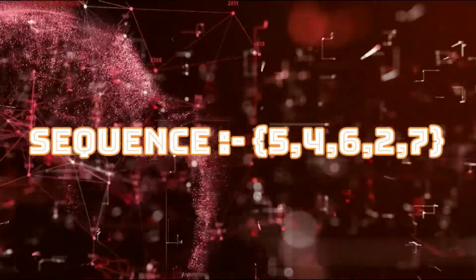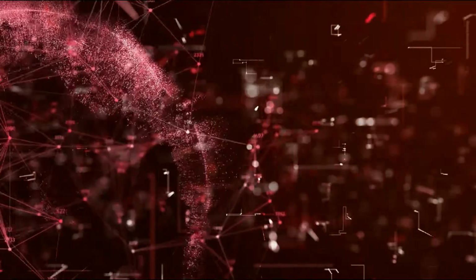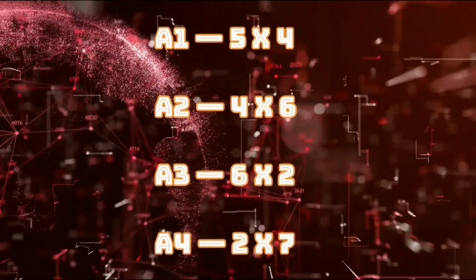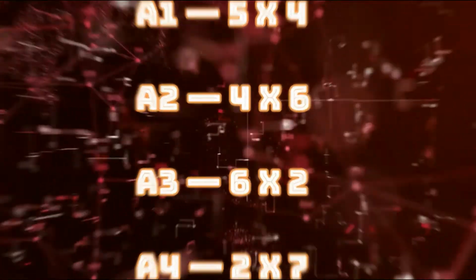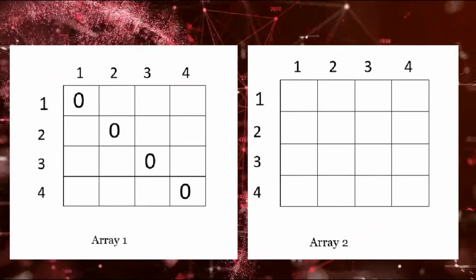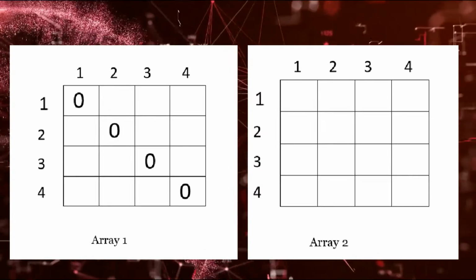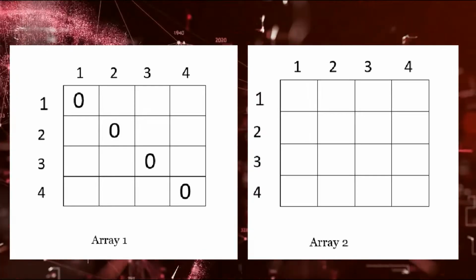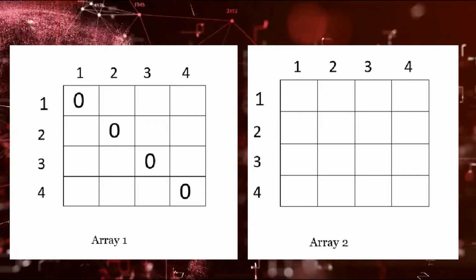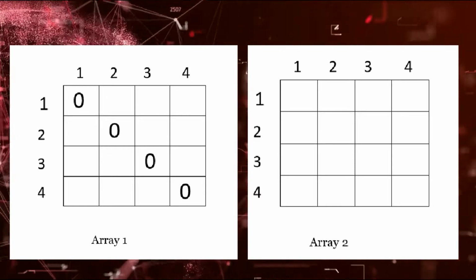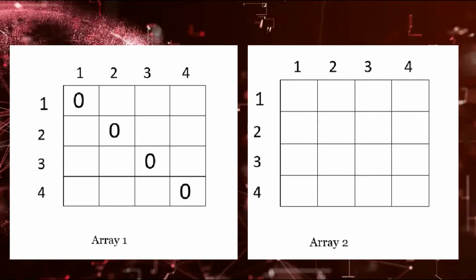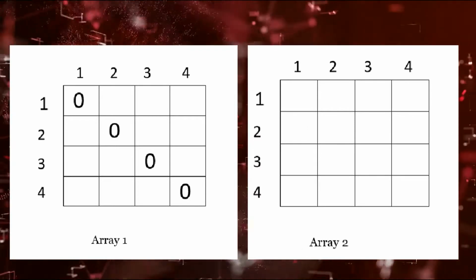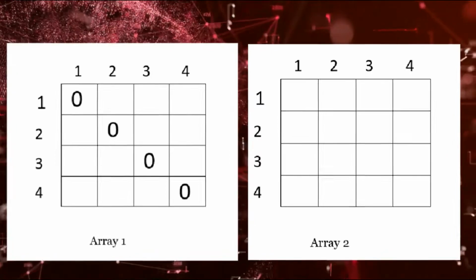Let's assume we are given this sequence. So the order of the 4 matrices would be as follows. First of all, we'll create 2 two-dimensional arrays of size 4 x 4. First, to store the number of operations, and second, to fill the position of distinction for every case. We'll fill the diagonal elements of the first array with 0, as a matrix isn't required to be multiplied by itself.